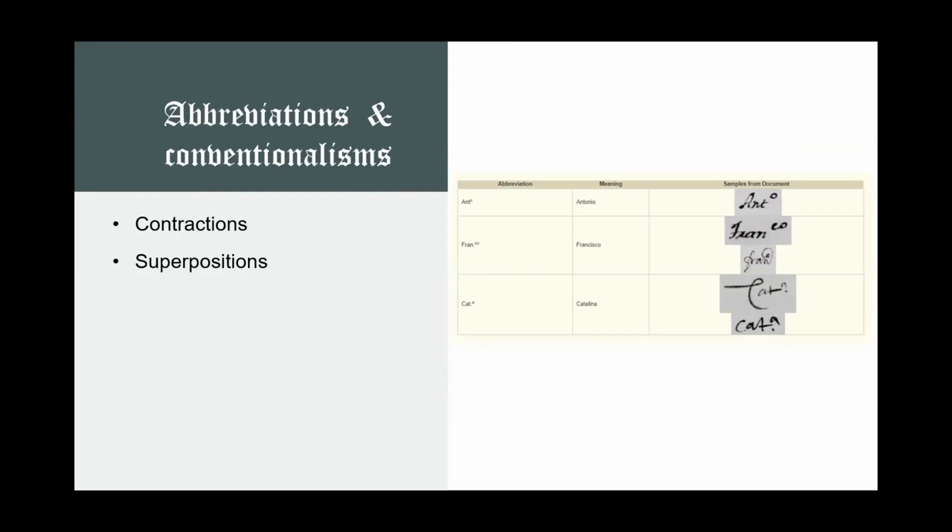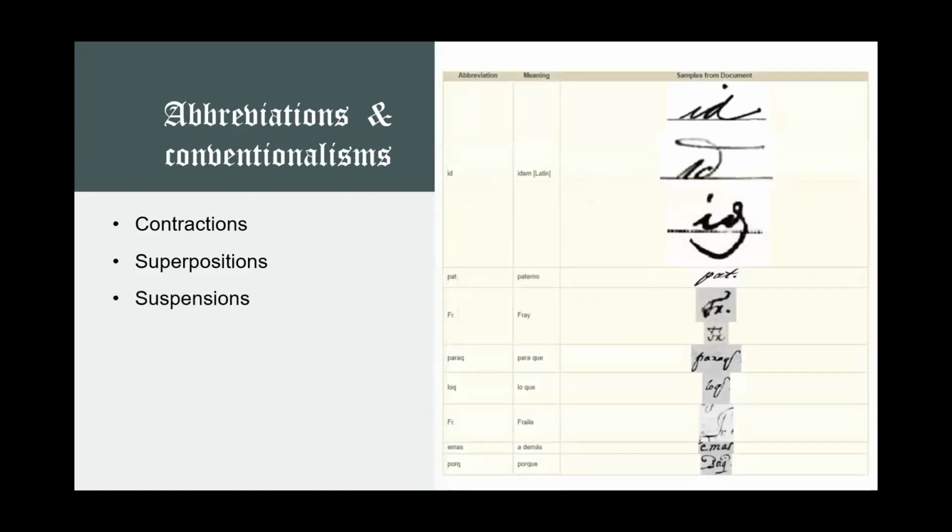Also, another really, really common one is just M with a superscript A, which stands for Maria. And that one you'll find all over the place. Then we also have suspensions, which is very similar to superposition, except that it doesn't have the word on top. So it's just the start of the word, and then they just cut or delete the rest of the word. And usually they'll put a period or they'll put a small line to indicate that the word has been